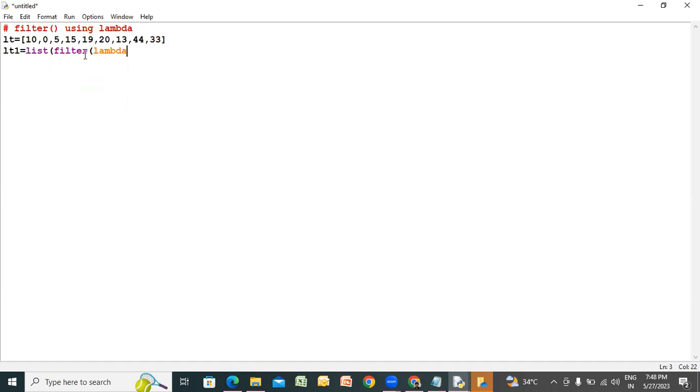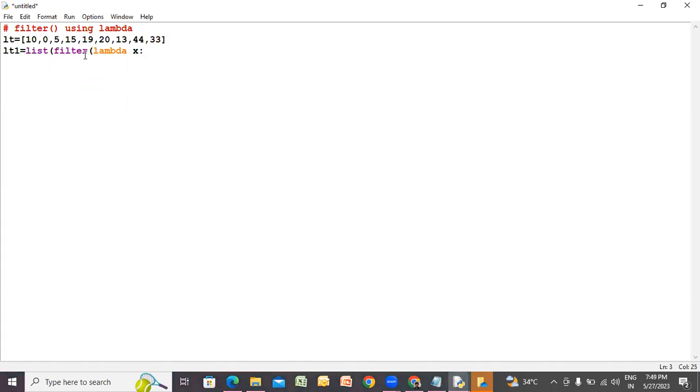Actually, lambda is a keyword, means we are not using any function in this program. Previous program, I have taken function called find, but this time I am not going to take any function. So I used lambda x